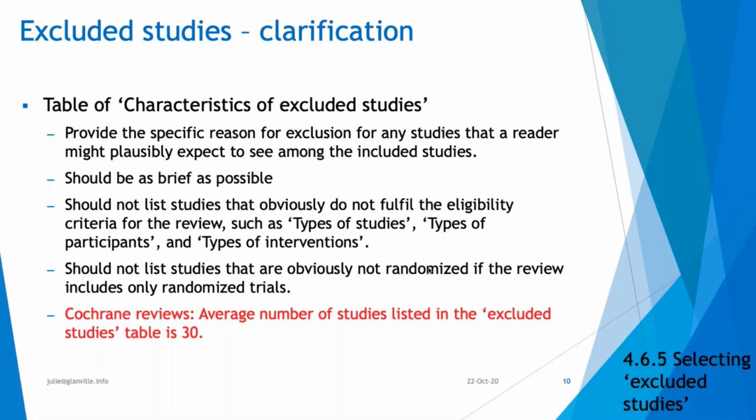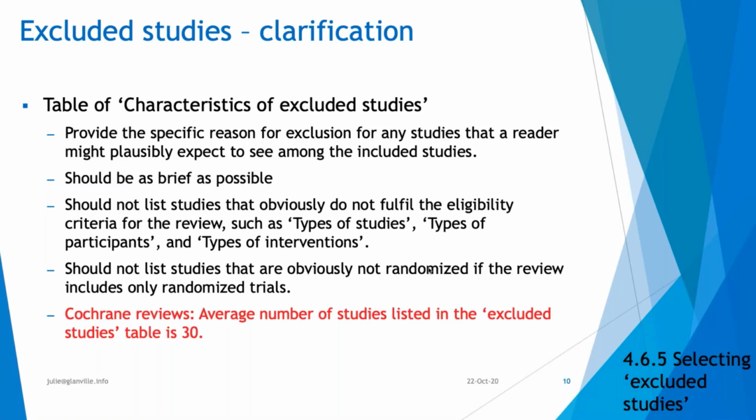So it means that you should be doing much more screening of obviously irrelevant studies at title and abstract, rather than taking things that are clearly not relevant through to full text, and that's why there is this guidance about the number of